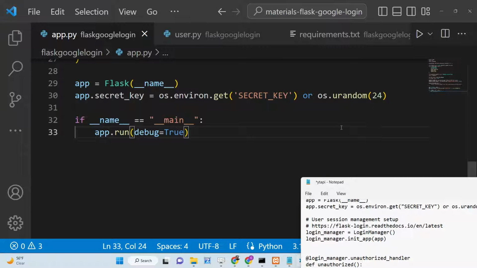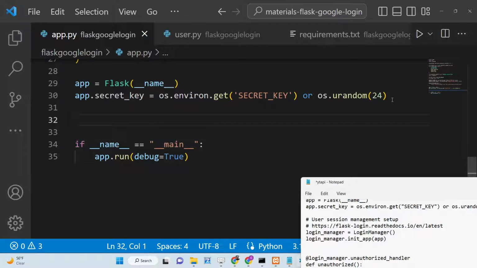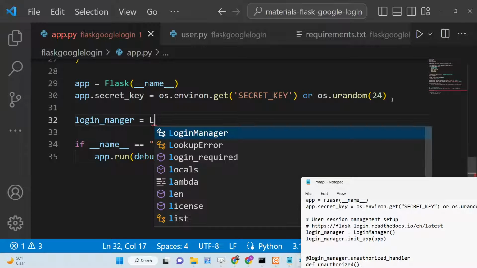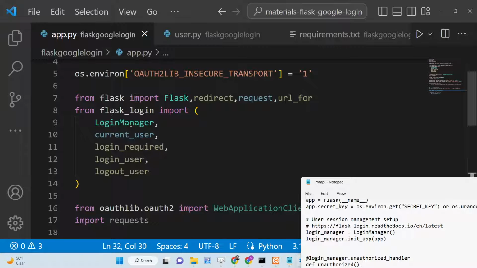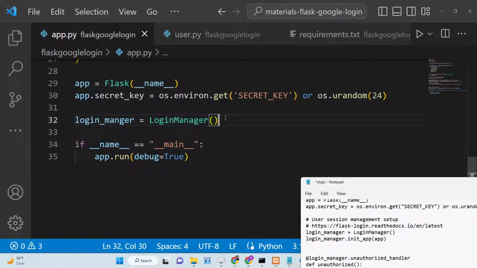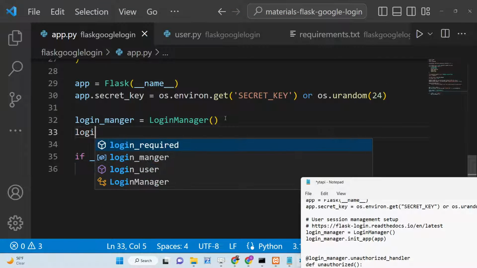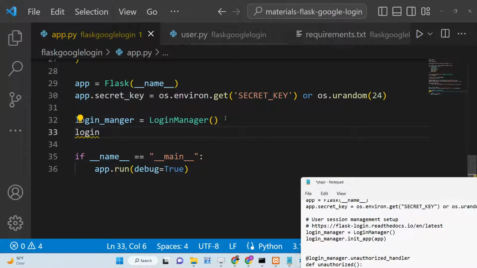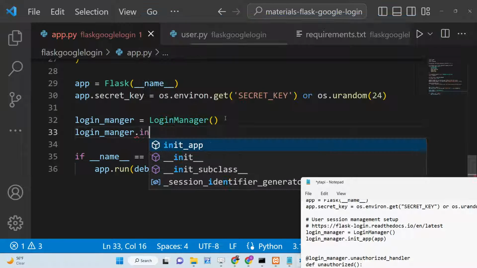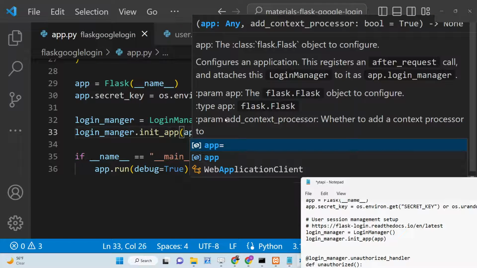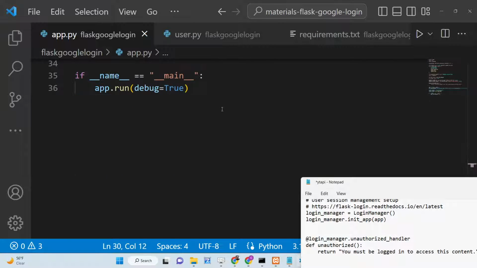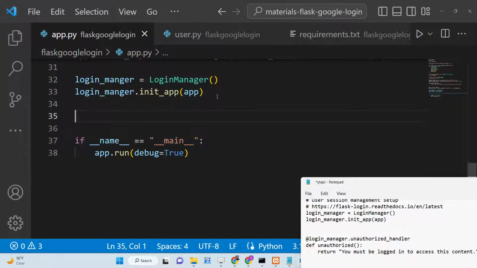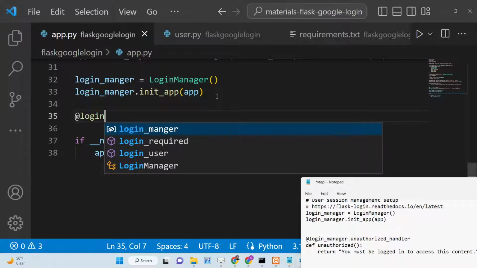So first of all, after you do this, we just need to initialize Flask-Login. So we need to make a LoginManager class, and this will be login_manager. We will initialize this. So you can see we are importing this from Flask-Login. So it will initialize this constructor, and after this, login_manager basically has a method here which is init_app, and here we will pass the app that we configured, which is the Flask app. So after this, guys, we just need to initialize a handler here, which is the login_manager handler,